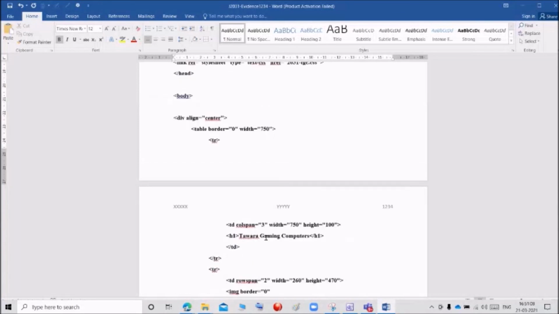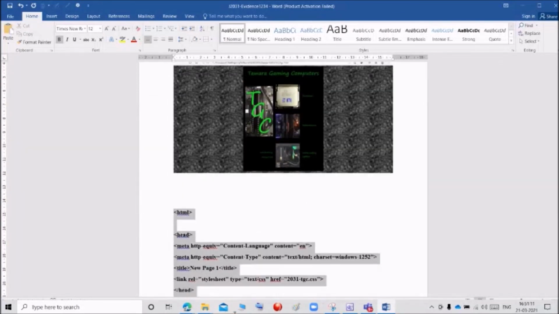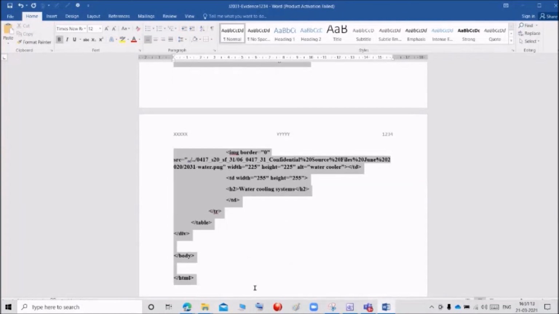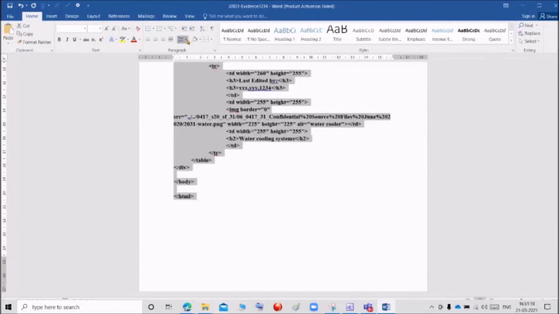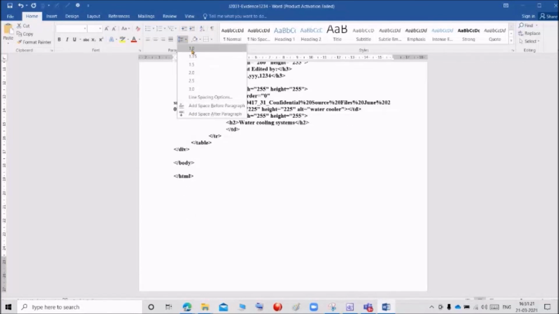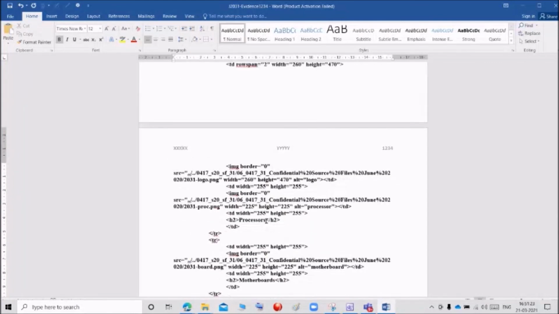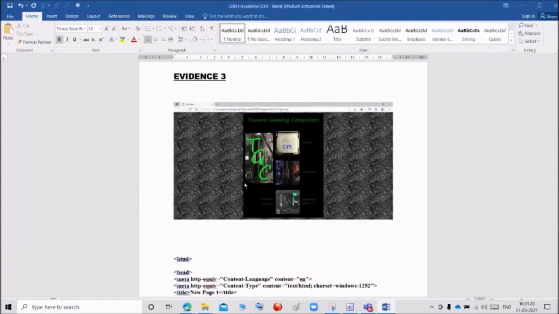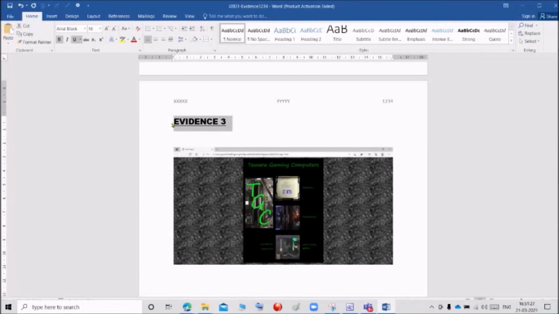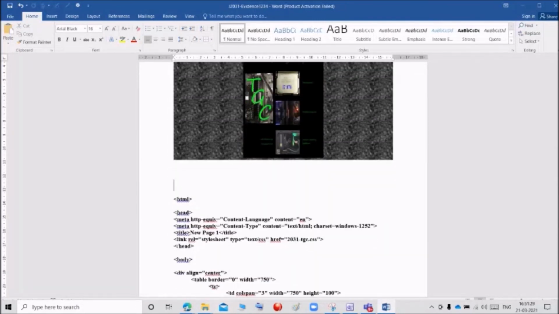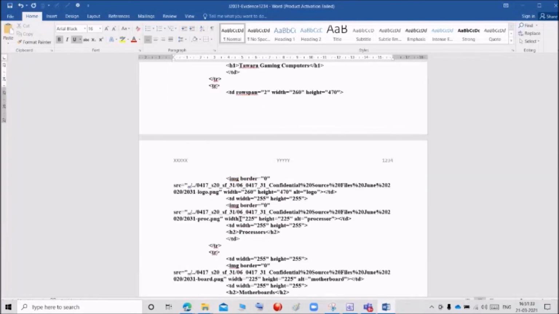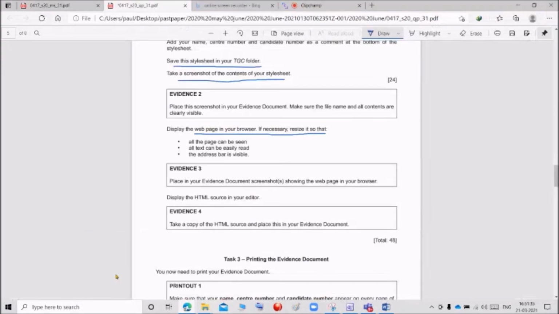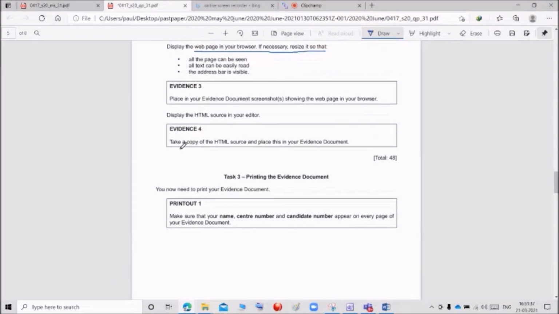Okay, there are many spaces, so I am going to reduce the space. With this, I can remove space, and I will give 1.1.0 like this. So I can get the document HTML code. Copy this. I'm going to paste it in the evidence. So we take the evidence.